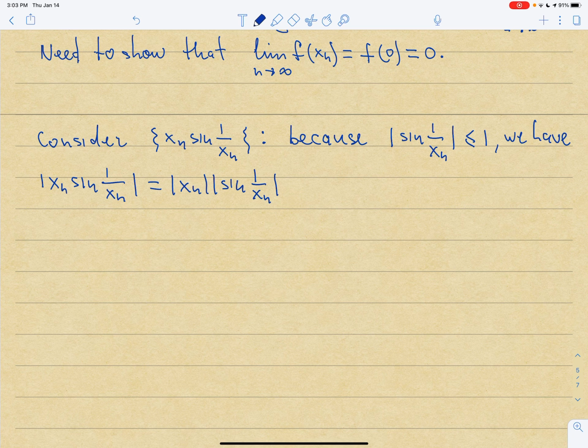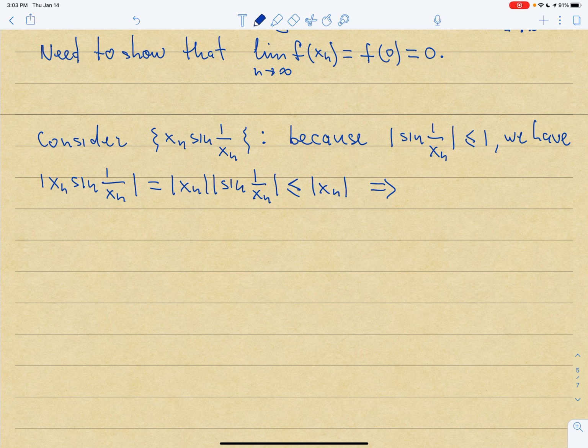That's suggested by the properties of the absolute value. And this should then be less than or equal to absolute value of xn, because sine of 1 over xn is, in absolute value, less than or equal to 1. All right, so if that is the case,